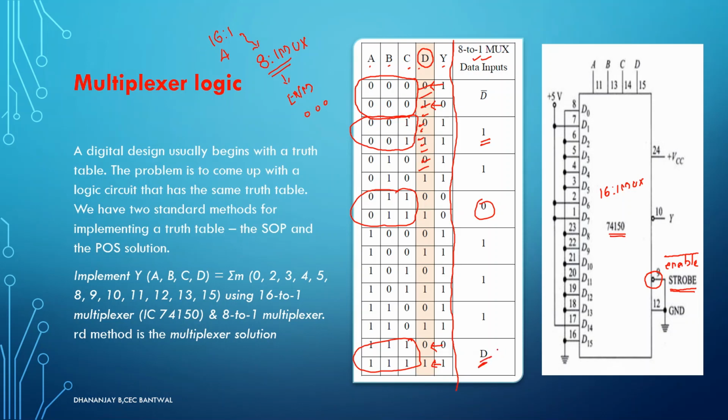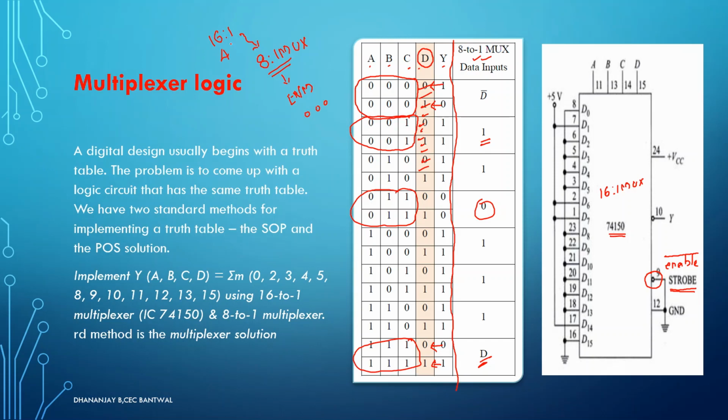This is the entered variable mapping method, used in order to reduce the higher order multiplexer to the immediate lower order multiplexer. Is this the only way that is available? No, this is not the only way. There are also multiple ways in which you can reduce your higher order multiplexer to a lower order multiplexer.